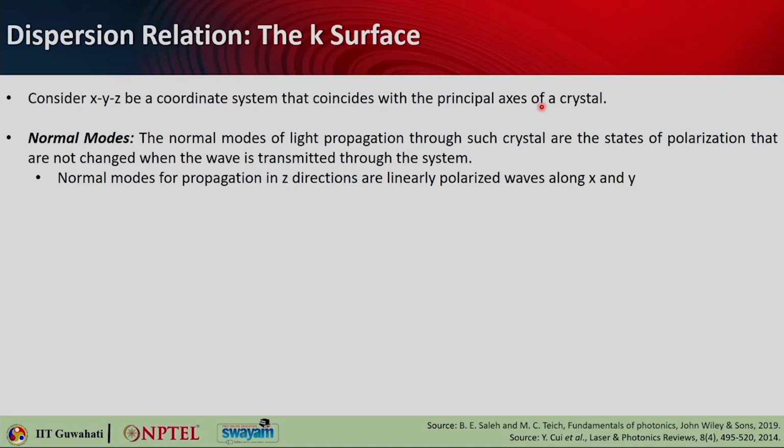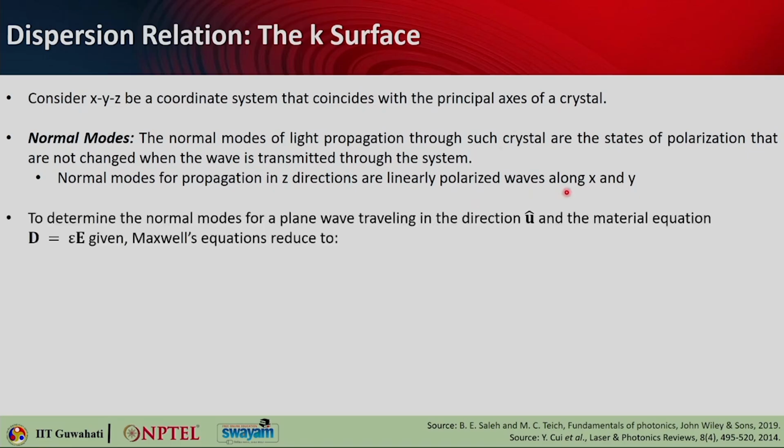So, if you consider normal modes for propagation in the z direction, those will be linearly polarized waves along x and y. So, there are two normal modes. So, to determine the normal modes for a plane wave that is traveling in the direction of u cap, which can be any arbitrary direction,